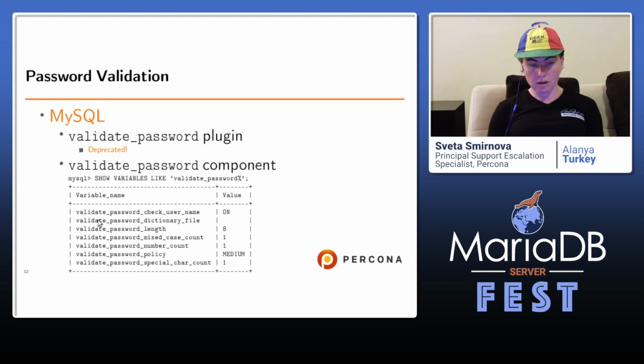These are password length, the dictionary file, which should be the path to this dictionary file, the count of numbers, the count of mixed case characters, the count of special characters, and the policy, which could be medium or strict. You can specify it.